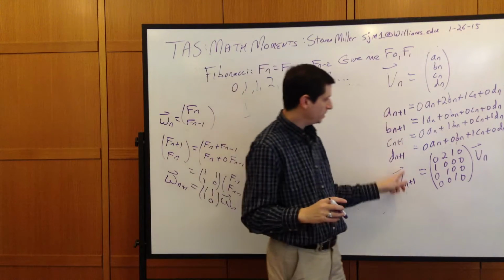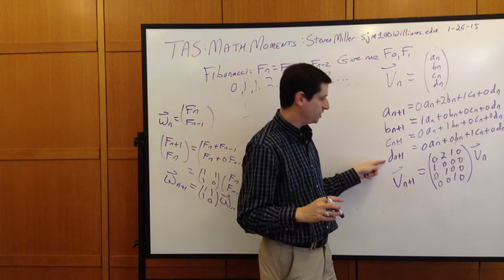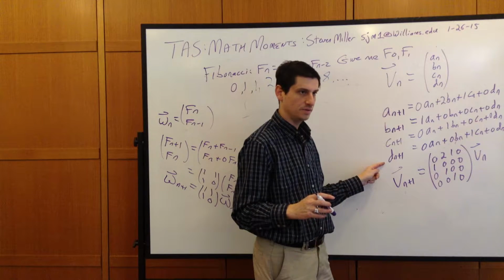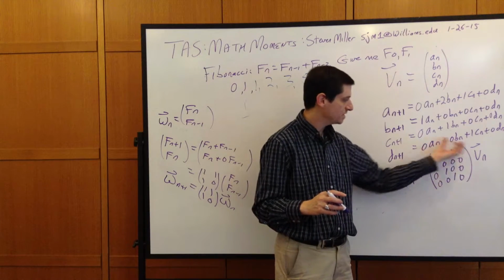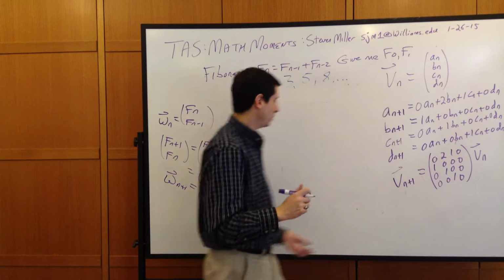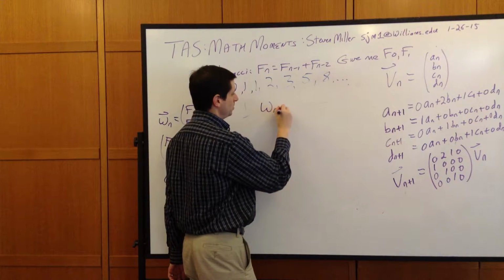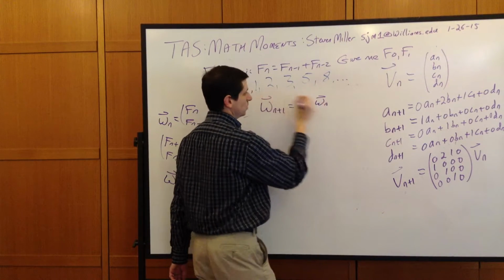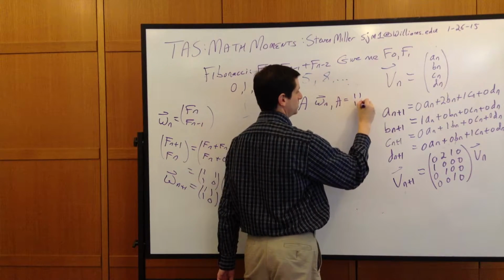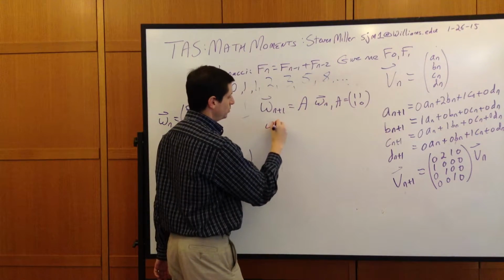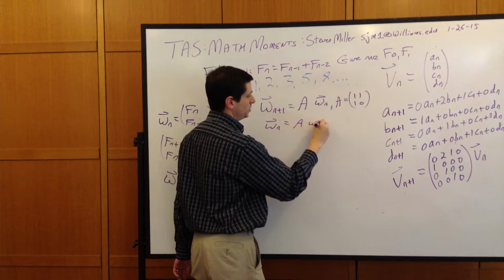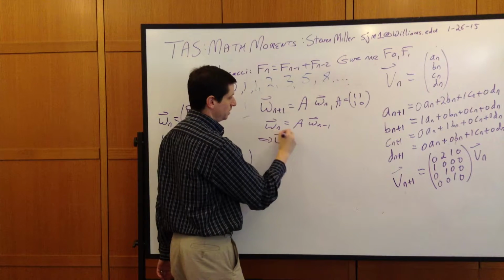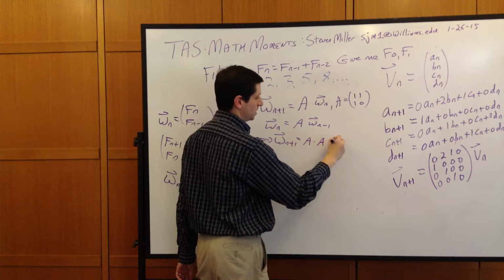If I wanted to look at how many whales I have at a given time, I would have to add up all these numbers. And then that would tell me how many whales I have in year n plus 1. And it turns out that the evolution of that is coming from this matrix. So if I want to look at the Fibonacci numbers, we just showed W_{n+1} was this matrix A times W_n, where A is the matrix 1, 1, 1, 0. Well, we know W_n is A W_{n-1}, so if we combine these, that gives us W_{n+1} is A times A W_{n-1},